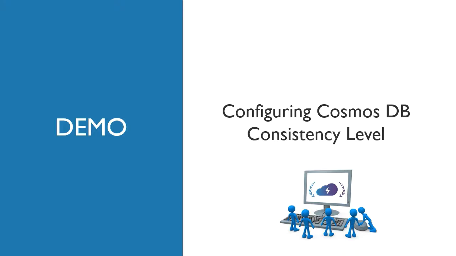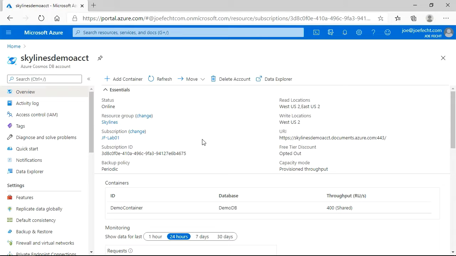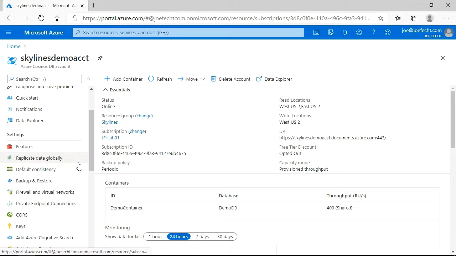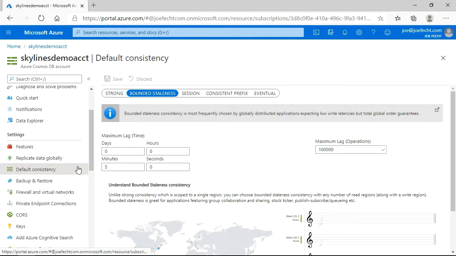Let's see how we can configure the consistency level for our Cosmos DB. Here we are back at our database account. If we scroll down on the left, you can see we've got a couple options again that we're looking at. We just got done talking about consistency, so let's go through and take a look at this. If you remember right from when we deployed our database account, we chose bounded staleness. We also set the maximum lag time per 5 minutes, as well as the maximum amount of lag operations to